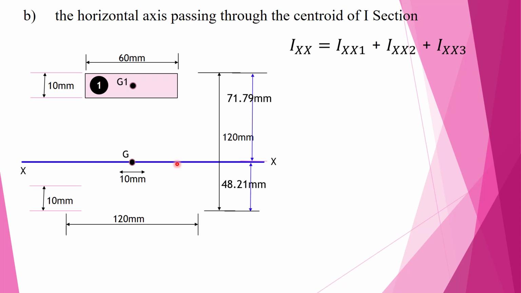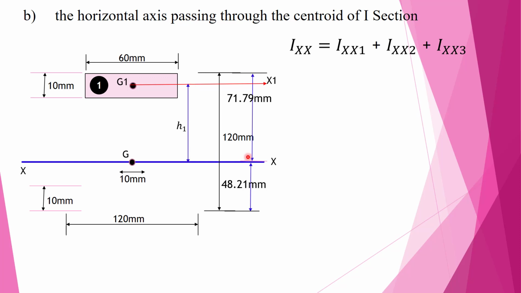Then you can draw the axis which is parallel to the reference axis passing through the centroid, marked here as G1x1. We know the moment of inertia of this rectangular section about this centroidal x-axis, that is BD cube by 12. So with the help of the parallel axis theorem, you can find the moment of inertia with respect to the reference x-axis. So what is h1? h1 is the distance between the centroidal x-axis and the axis about which we need to find the moment of inertia. So this distance is h1.